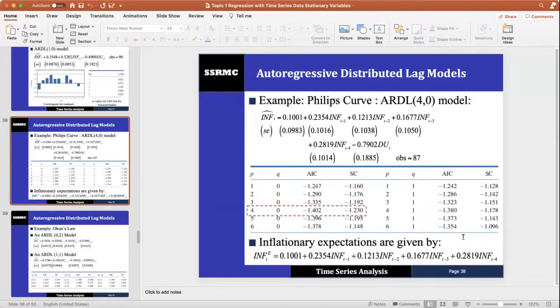To determine the optimal lag length in an ARDL model, some software packages can provide us with a table like this one. So we can just compare the AIC and SC at different steps, then choose the one with the smallest value. What I'm going to do next is to demonstrate how to obtain the set of output in Stata,